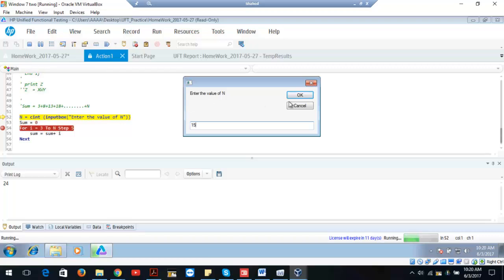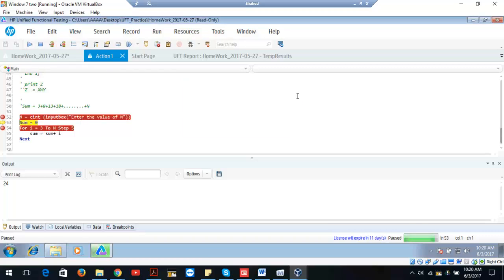Oh, okay, I see. So that means the loop is now 3, 8, 13, but 15 is not in this series. Is 15 in this series? No. But it will add up to 3, 8 and 13. That's it. Right. So now if you take a look at your local variables,